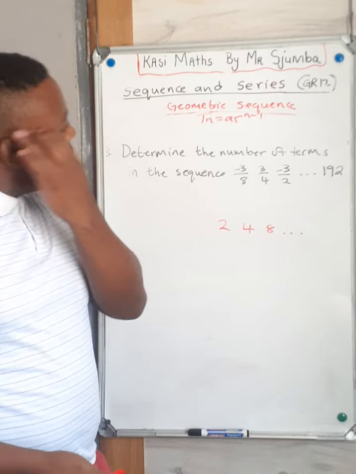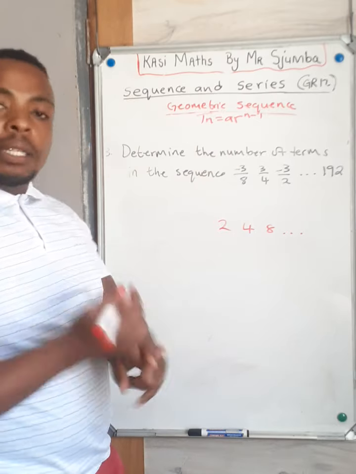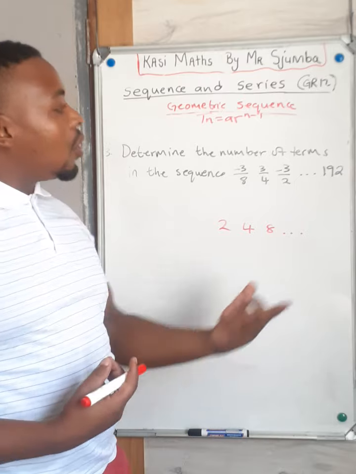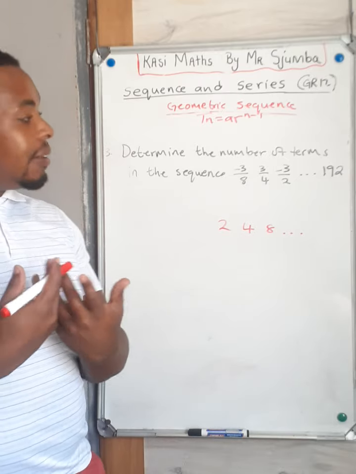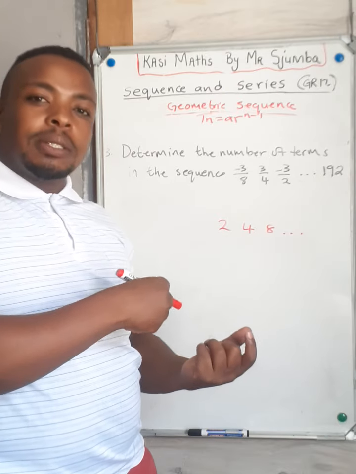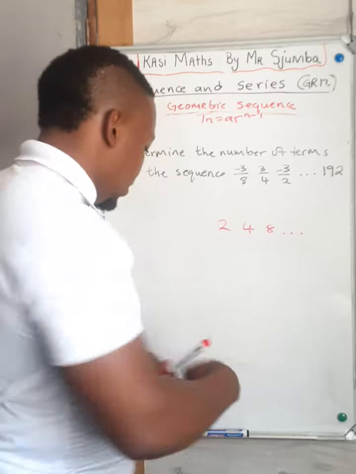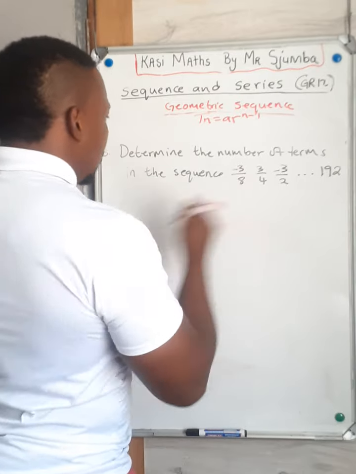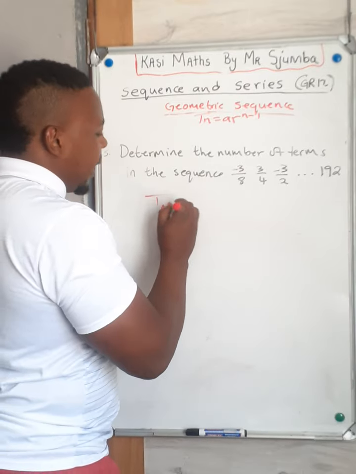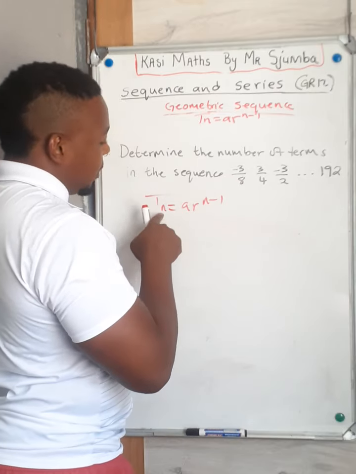So obviously we use the formula, and substitute the common ratio. 192 is the value. So meaning what we should find is the position, n, right? So we're going to have Tn is equal to ar^(n-1), and then Tn